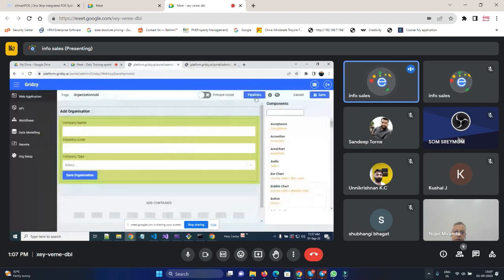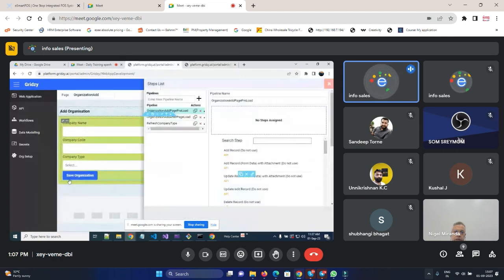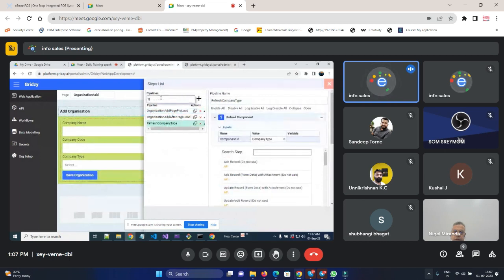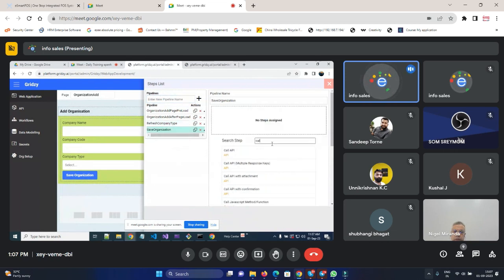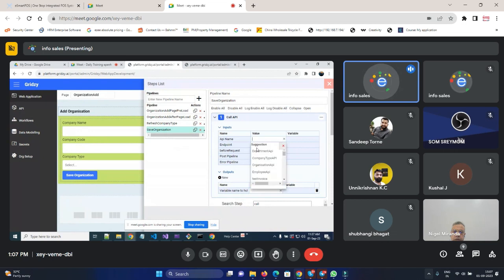So let me build the pipeline. Like I was telling, we need to build pipelines like save organization. Here we can call the API and pick it up. The organization API endpoint is my add. Before request, add organization data to request. I'll just give a pipeline name and then a post pipeline. Once I add the data into the